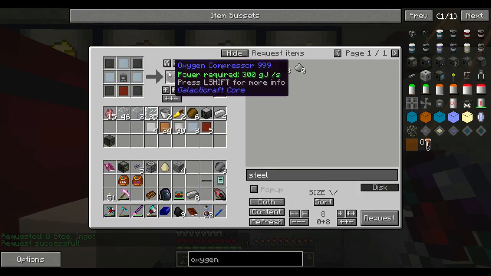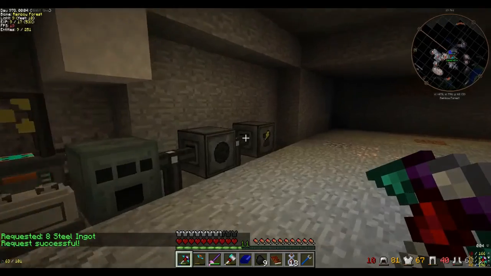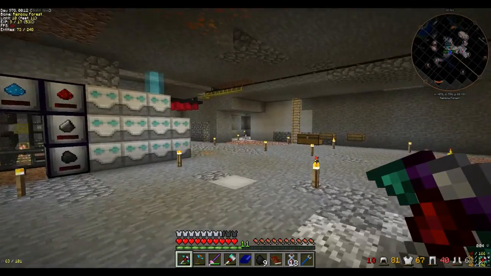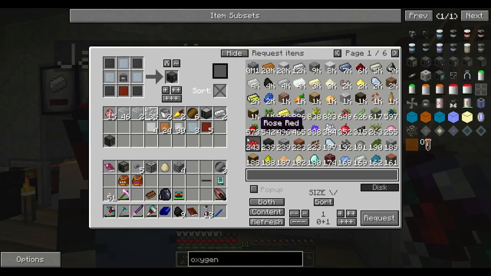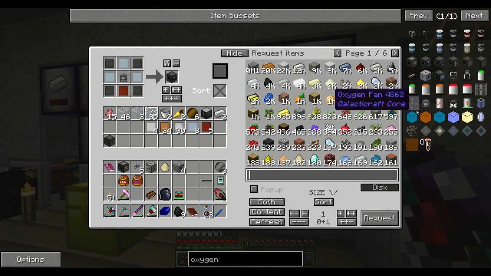But can we make compressed steel? Yeah, I'm making it now. I just didn't know if everyone had claimed their pieces from my quest reward hand-ins. So we need to make another one of these,